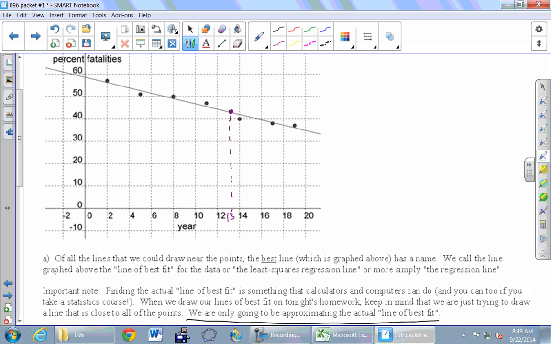Estimate what from the graph? Yeah, let's estimate the y value. So just take this dot and come right over here and land on some y value which you estimate. So what does it look like? 43, 44, 42 is probably okay. Anything we do here is estimating. So our estimate, I'll say about 43,